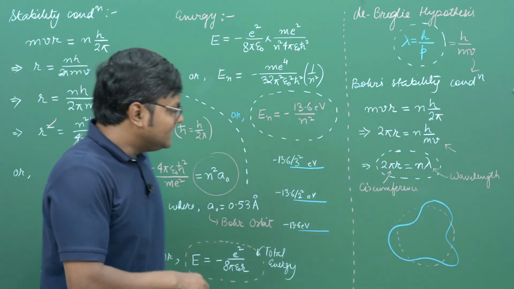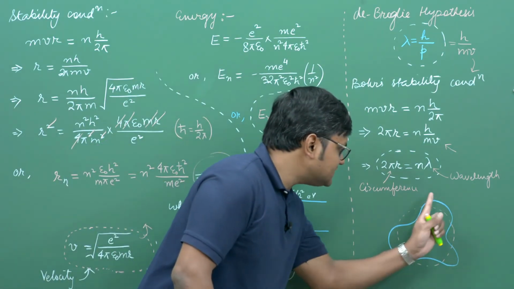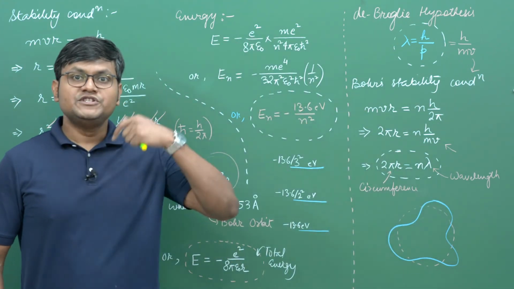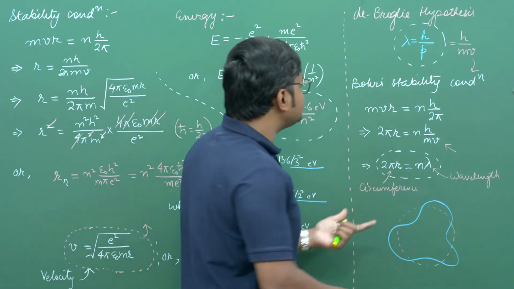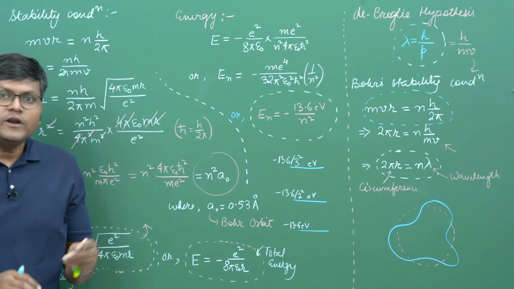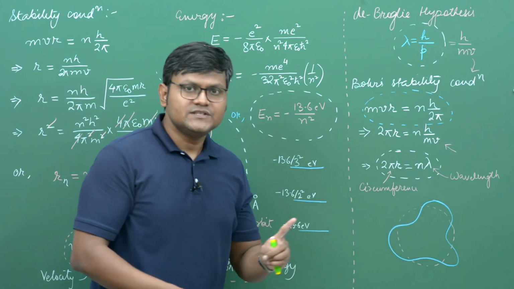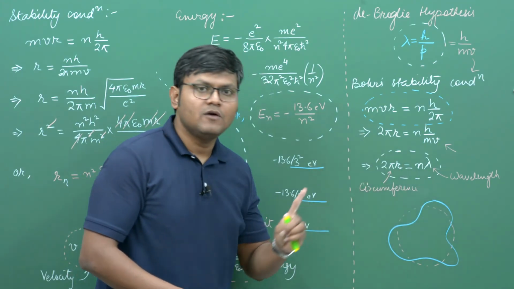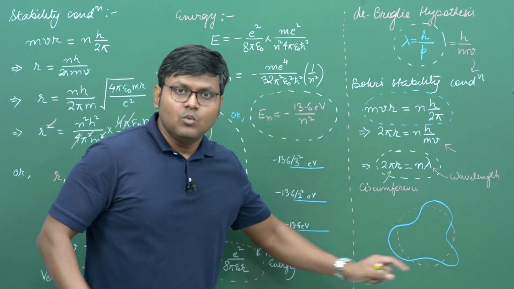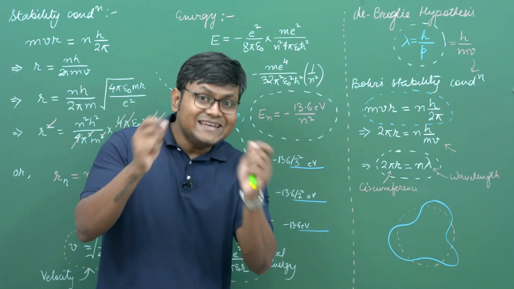You see that? This is like some sort of a circular standing wave pattern. So the circumference is equal to an integral multiple of the wavelength of the electron, which now tells us why this condition exists in the first place. This condition exists corresponding to those scenarios in which the circumference of the orbit is actually an integral multiple of the electron's matter wavelength. Because in those cases, when the electron's wave essentially forms these circular standing wave patterns, we